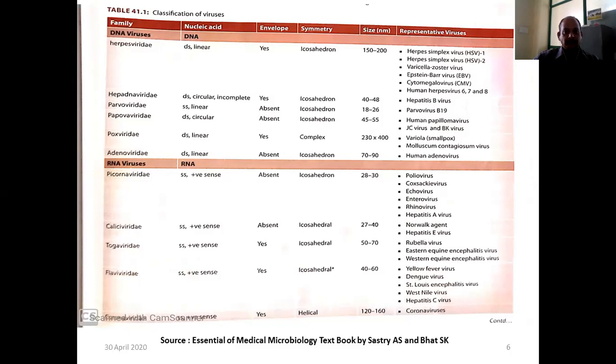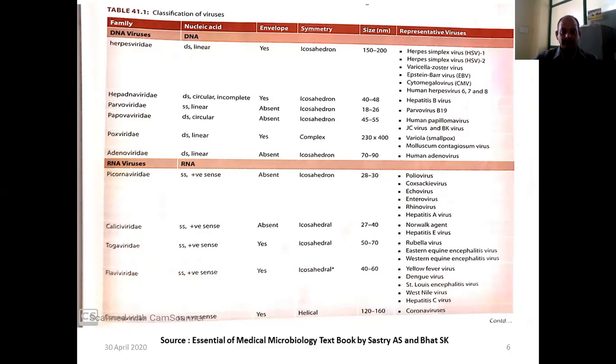Then Flaviviridae, single-stranded positive-sense RNA, responsible for causing yellow fever, containing yellow fever virus, dengue containing dengue viruses, and hepatitis C virus. And the coronavirus family, single-stranded positive-sense RNA having an envelope and helical symmetry, with representative viruses, the coronaviruses, and